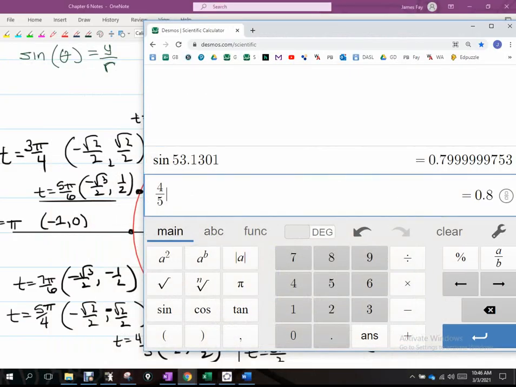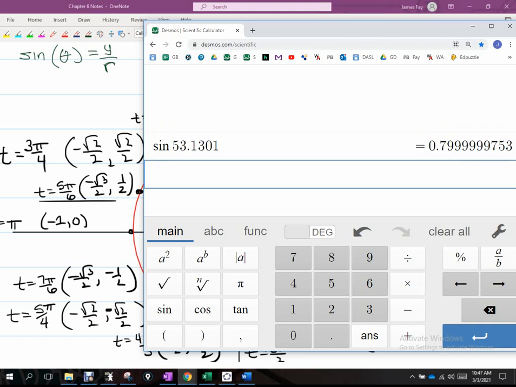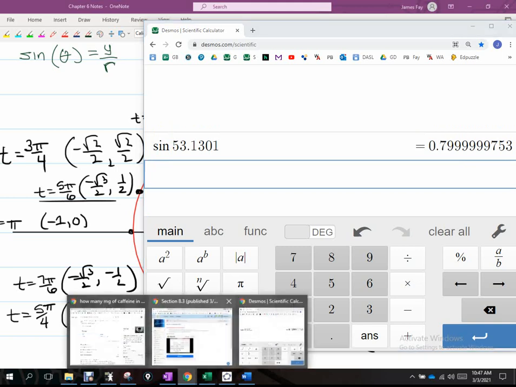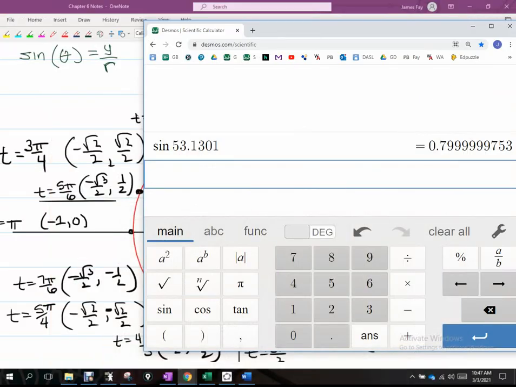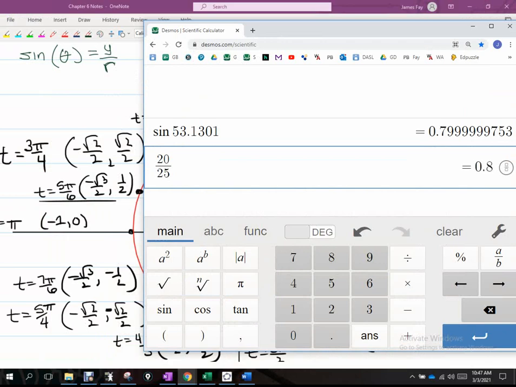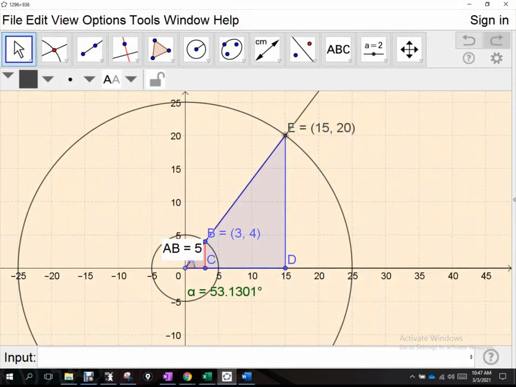If we take sine of 53.1301 and look at this information here, we could say the sine of that angle is y over r, be 20 over 25. Does 20 over 25 still give me the 0.8? Okay, so what I'm trying to show you here is if we